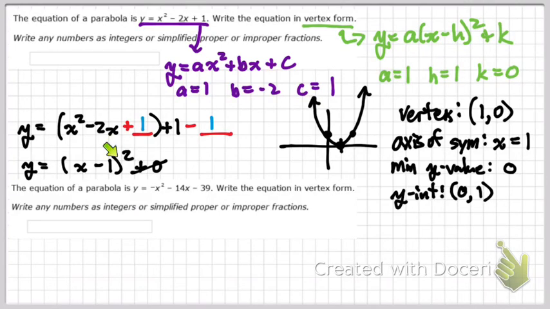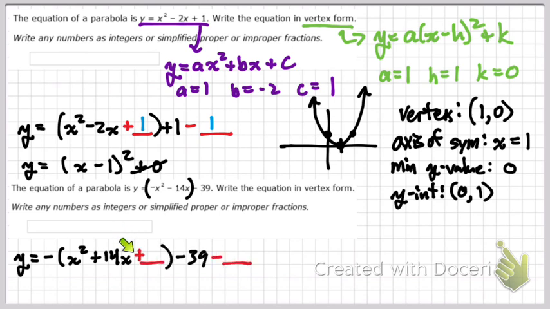Okay, so for this next one that we're going to change into vertex form, we have to get rid of this negative. And so let me show you how you do that. First, group the two x terms together and then factor out a negative so that it looks like this. Now I went ahead and also added the spot where I'm going to complete the square for this polynomial expression,